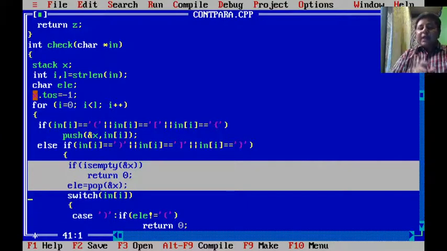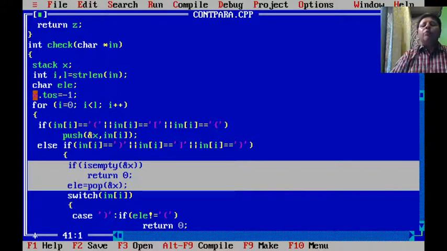If the stack is empty, now realize what the situation is here. You have encountered the closing bracket and then you realize that the stack is empty. Isn't it enough to conclude that the expression is invalid? It is not continuous for the parenthesis, because you got a closing bracket, but you haven't got the corresponding opening bracket already pushed onto the stack. So return 0. If not, that means if the stack is not empty, then very easily I can pop.